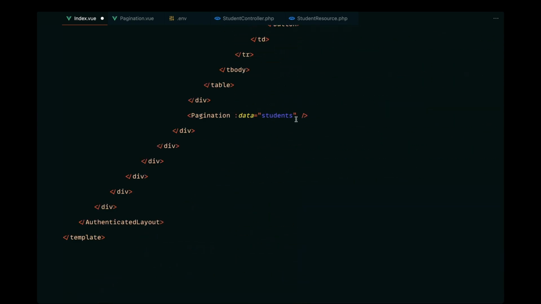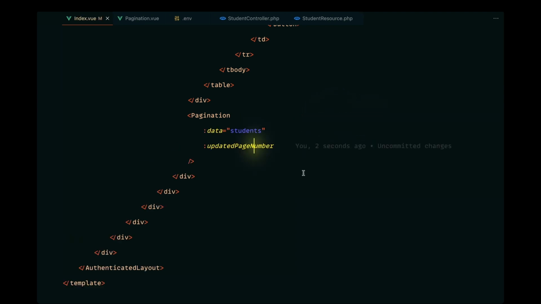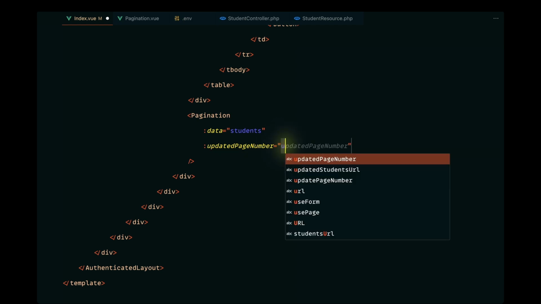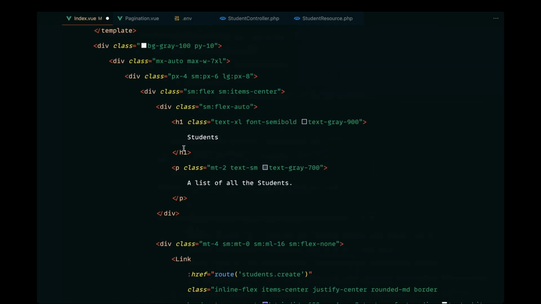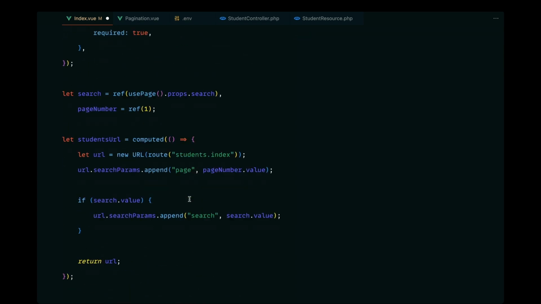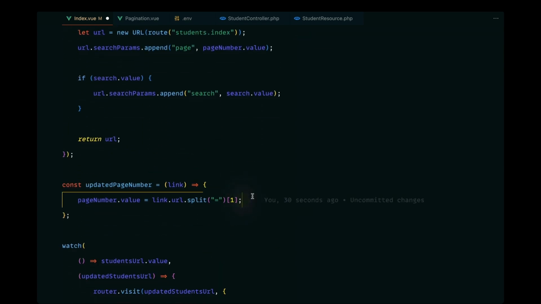So here we are passing the data, and along with that, let's also pass the updated page number. And if the prop and the key are the same, we can basically do something like this. I don't exactly remember, but I think this is the syntax. So instead of passing it like this, I'll just pass the updated page number method. And again, to demonstrate this properly, I'll go ahead and comment this out for